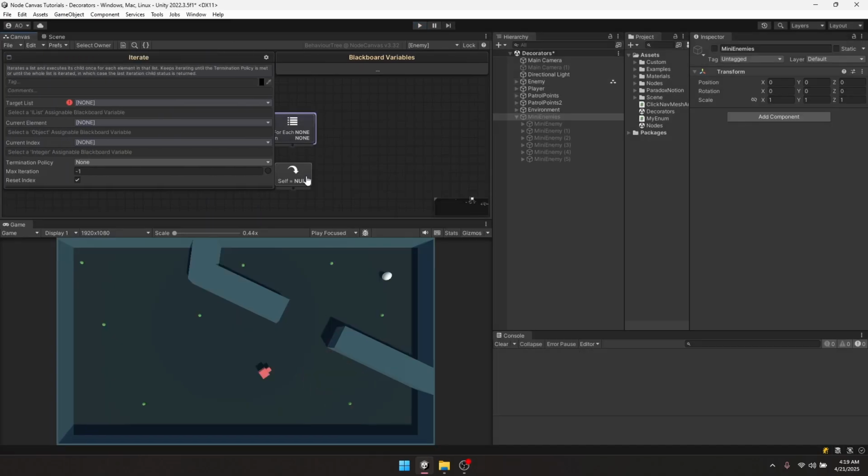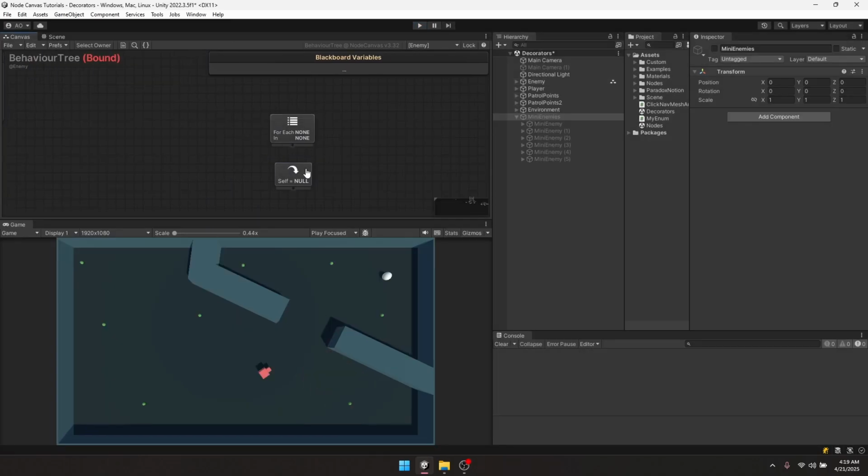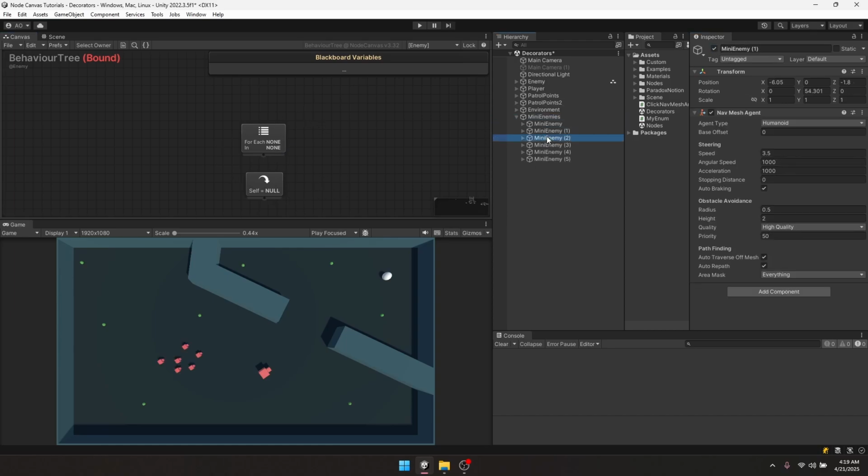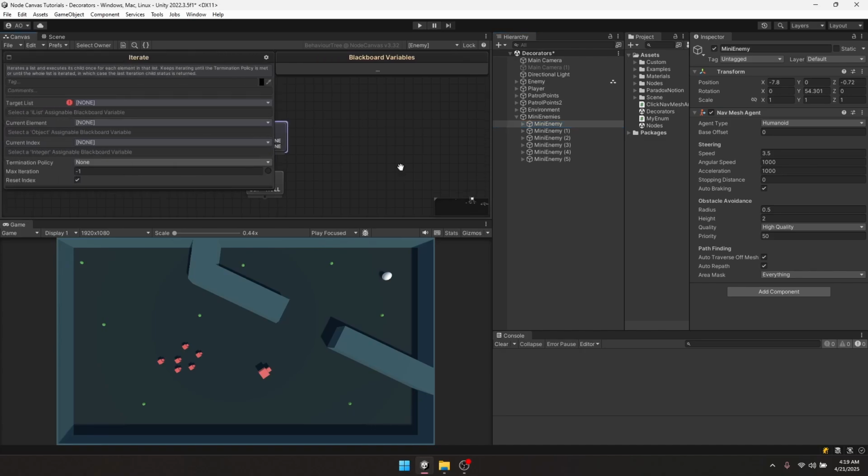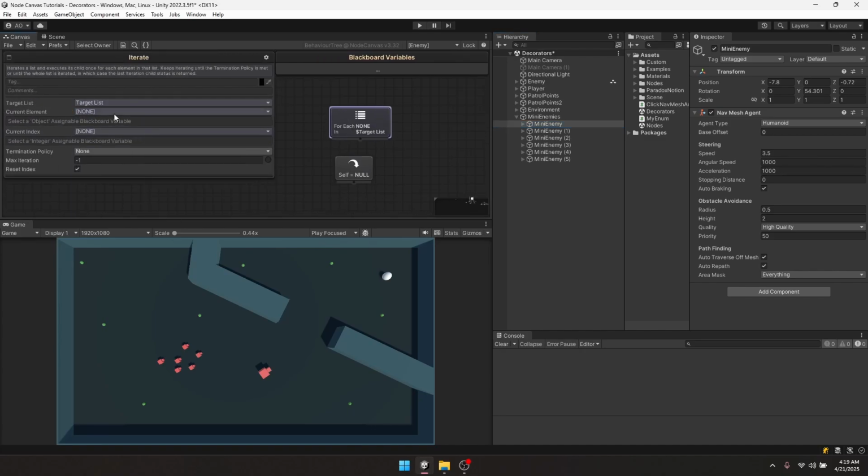So let's have a look at the iterate and the override agent nodes. So we're going to use these in combination. So I've made a list of mini enemies over here. They're basically a copy of our enemy, but without the behavior tree, just with a nav mesh. And I'm going to add them here. So what I'm going to do is I'm going to go target list, graph, create new,